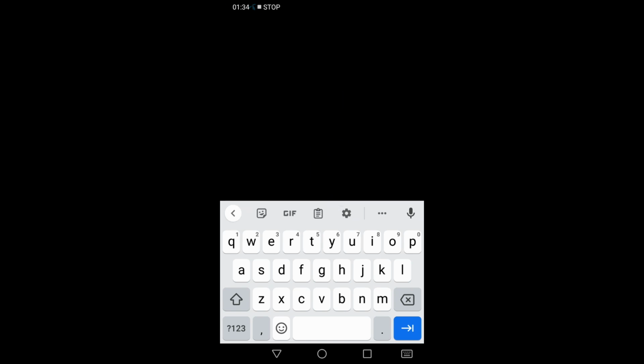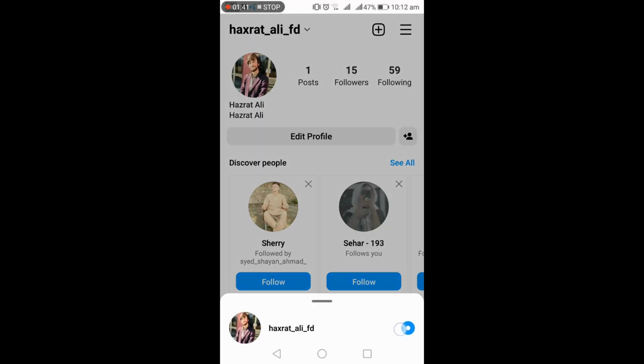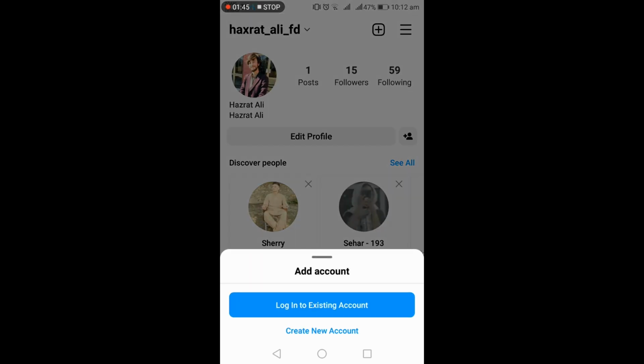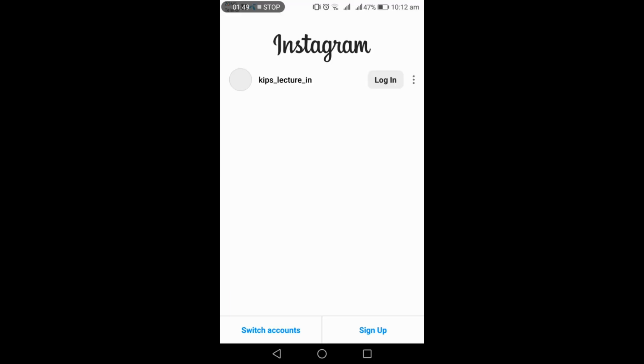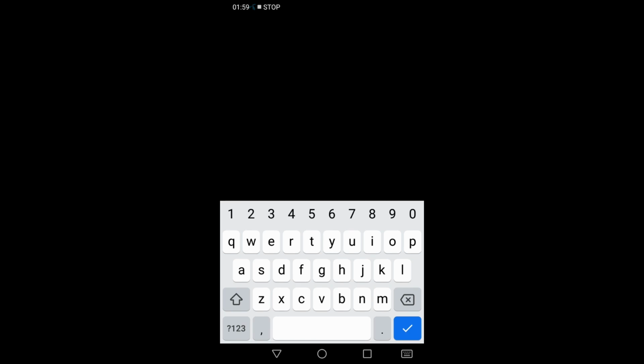Just what you do, you have to click your profile, hold your profile. After holding, just click on add account. When you click on add account, go to log in to existing account, okay? And just you will come back to this page and you have to enter your phone number, password, and enter this, okay? When you enter this, for example, I enter this, I don't know the password now, but what can I do,